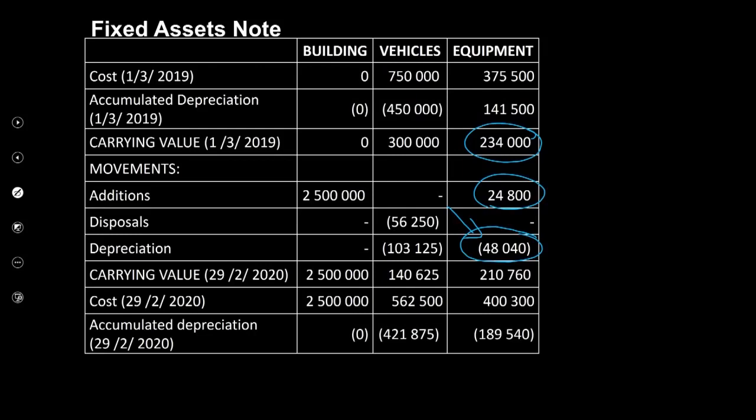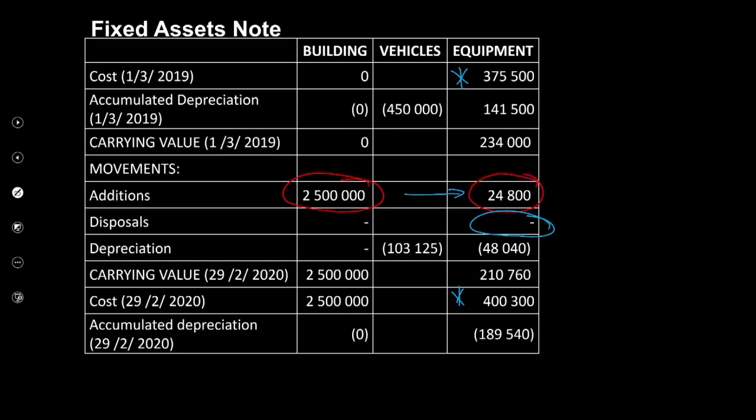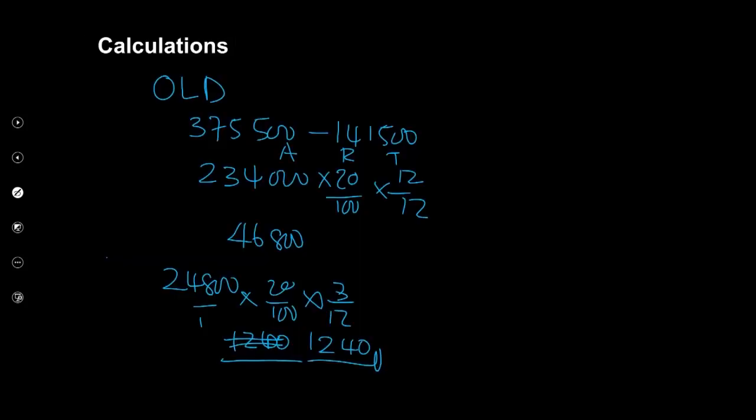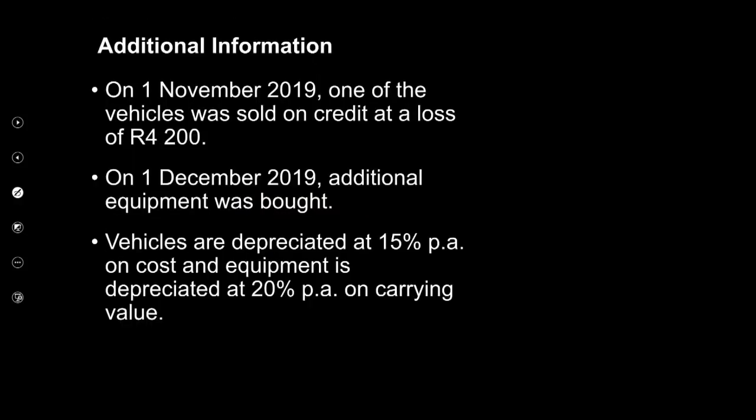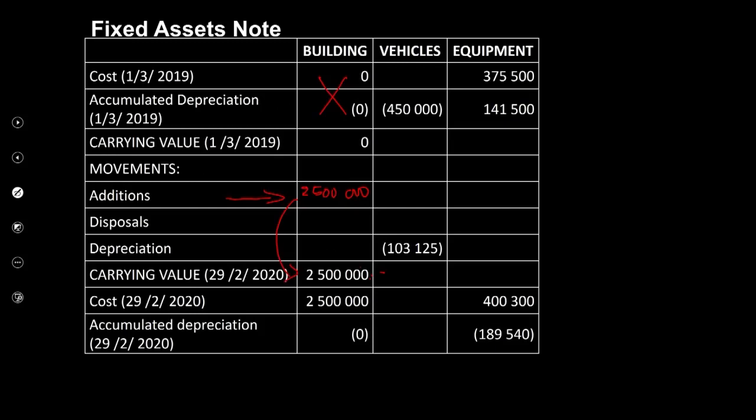Okay, we're now looking at vehicles. With regards to vehicles, let's get the information. On the 1st of November 2019, one of the vehicles was sold on credit at a loss of 4,200. Vehicles are depreciated at 15% per annum on cost. Now look at the information that we have here. All that you are told is that the accumulated depreciation on your vehicles at the beginning of the year amounts to